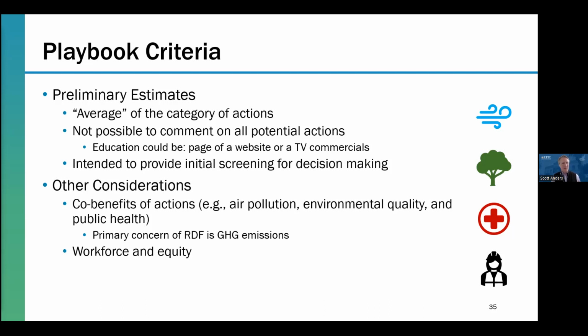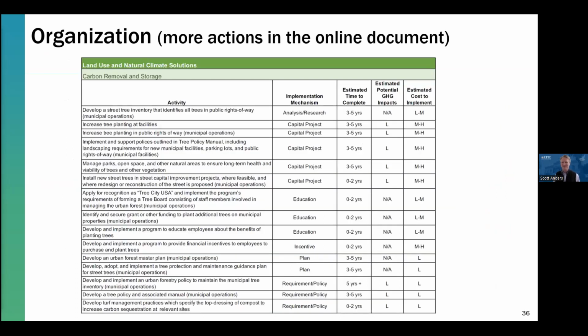Similarly to workforce and equity considerations, we will include those to the extent we can. But again, it's a lot to consider for 600 actions. As you whittle down the number of actions or the types of things you want to do, I think it would be more appropriate to ascribe some of these things at that point. At this initial phase, the draft acknowledges and provides some information, but not for every single action. So Murtaza, I think that's my last slide. Back to you. Thank you.